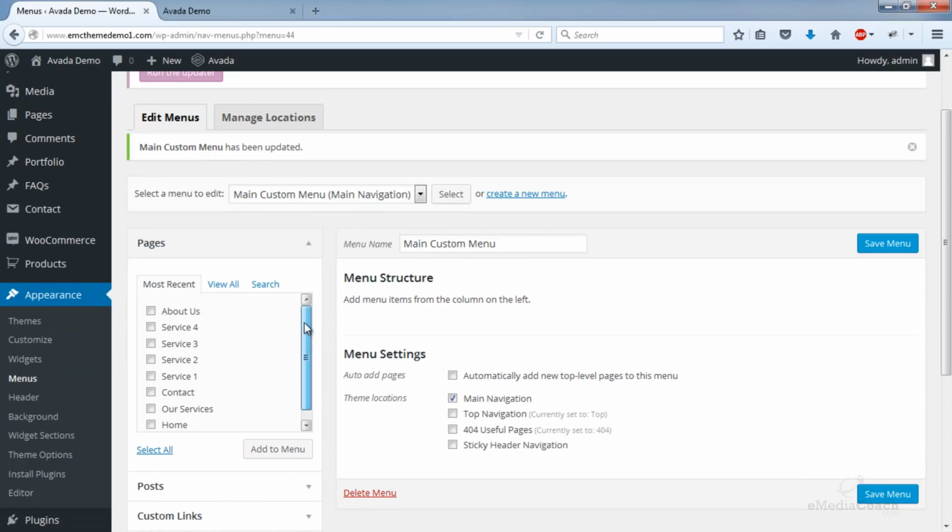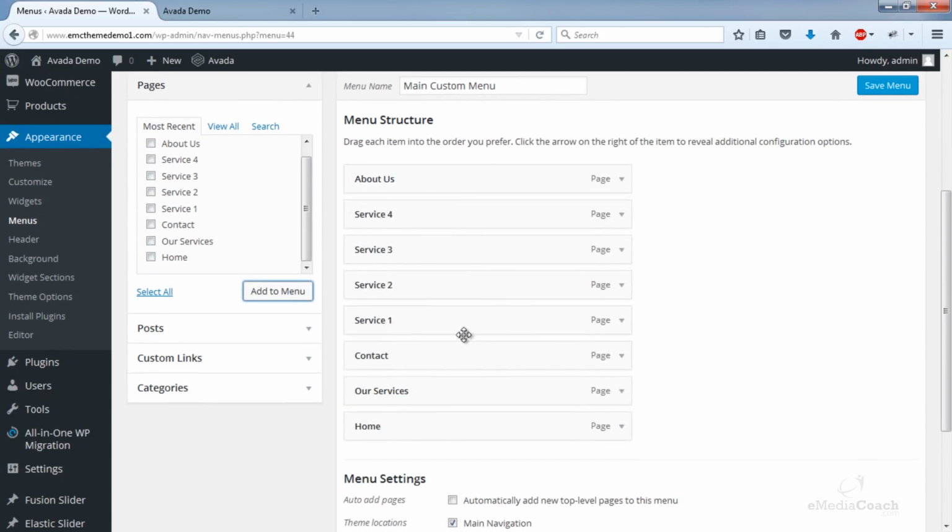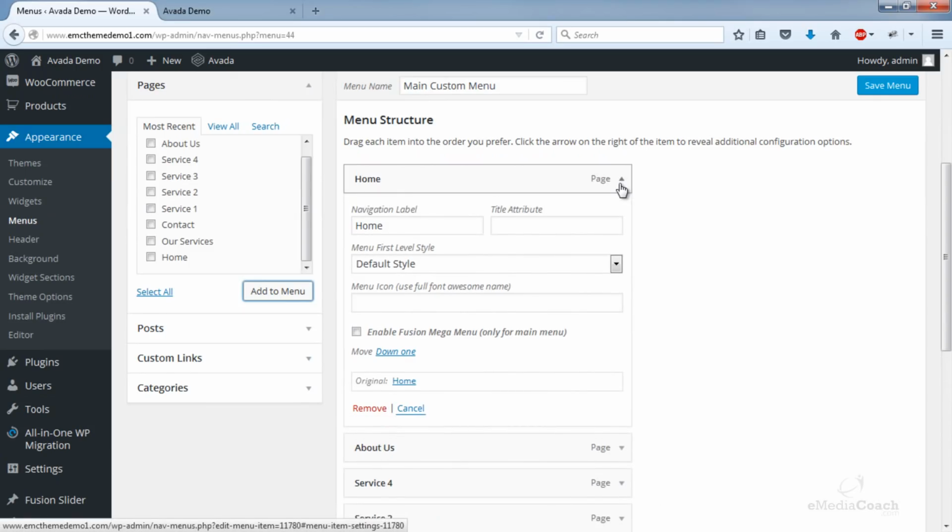What we can do, we can actually add all these pages that we've created into our menu structure. So let's go ahead and do that. I've obviously created a few more pages just for an example. Okay, so say we want home at the top because we want it to appear first.